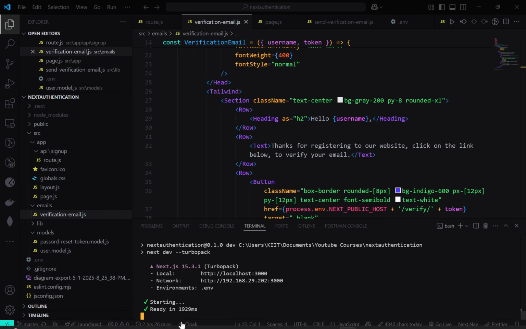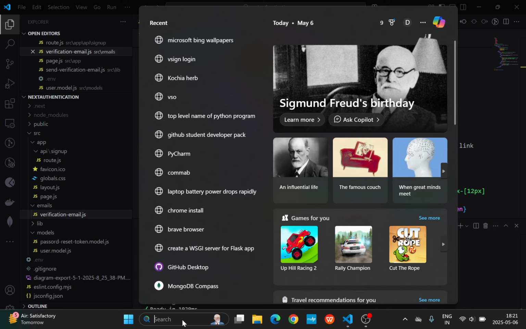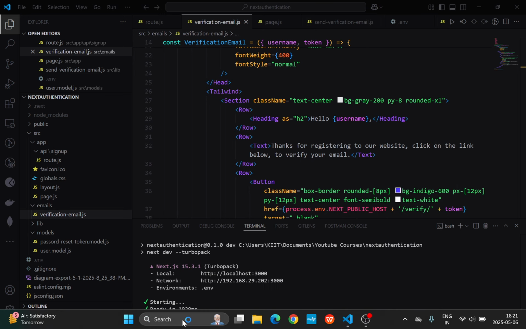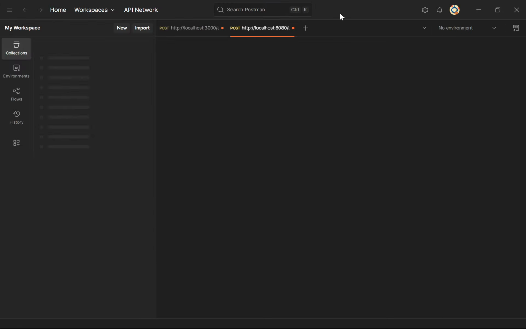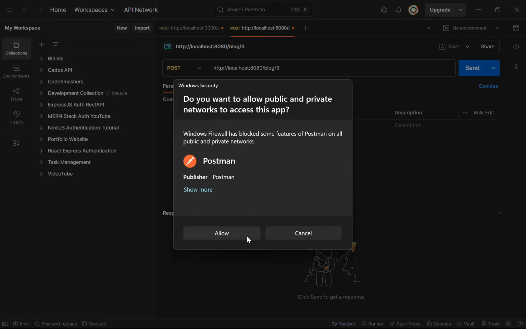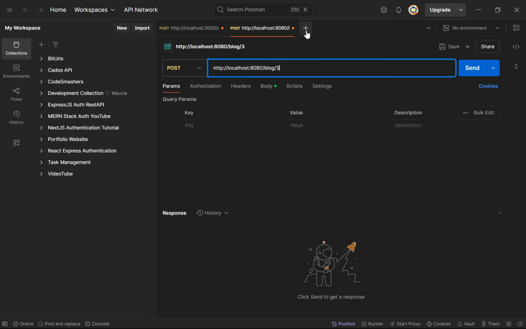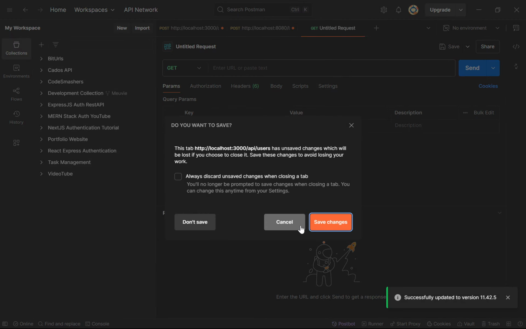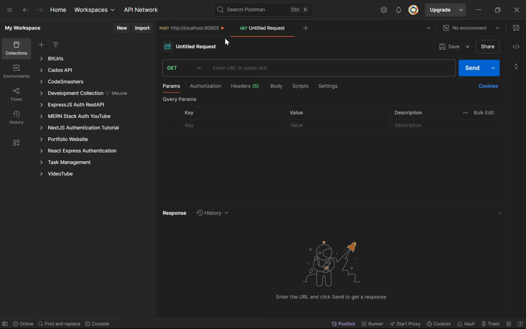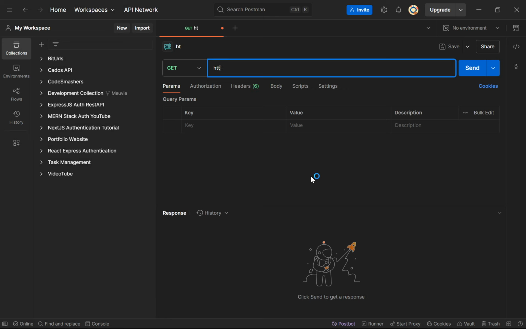Now to create a new request, I will open the Postman software. You can install the Postman software. Previously I was using the Postman extension. Now if I go ahead and allow this. You can also go ahead and use the Postman extension of VS Code. So what I will do is send a request to http://localhost:3000/api/